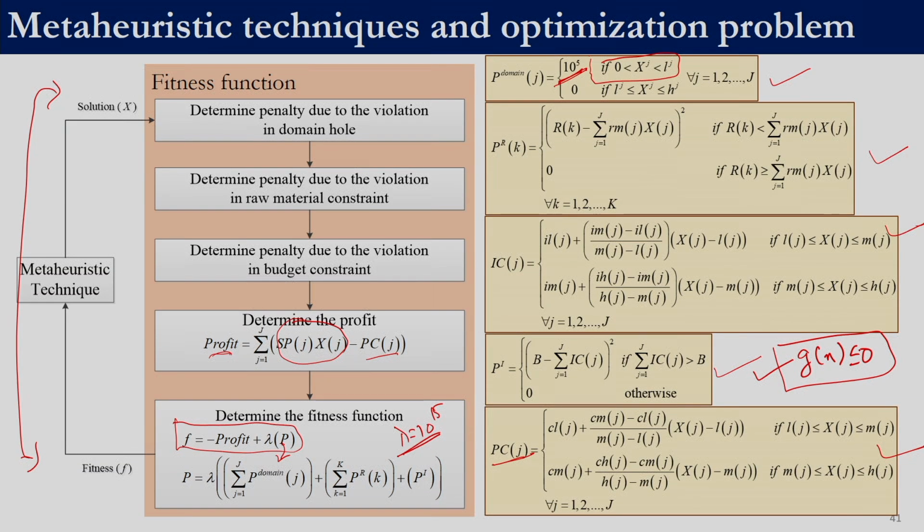If we are able to pose the constraint in this form, well and good, we can pose the constraint in this form and then use mathematical programming techniques as well as metaheuristic techniques. But if we are not able to pose the constraints in conventional form, we can still use metaheuristic techniques.